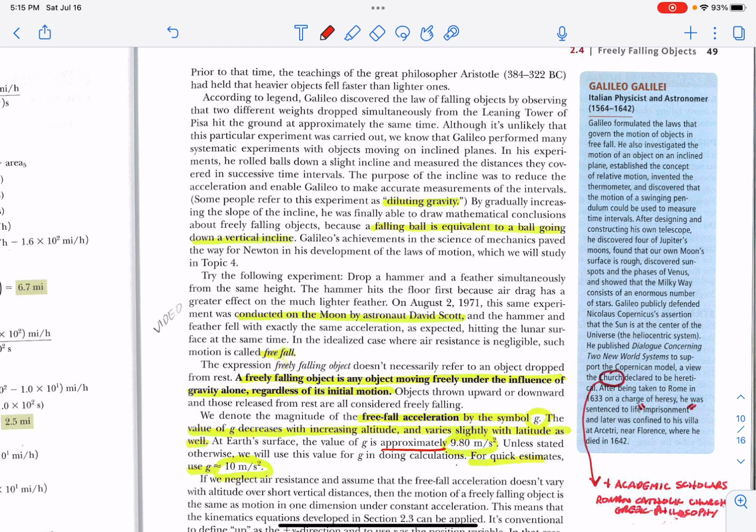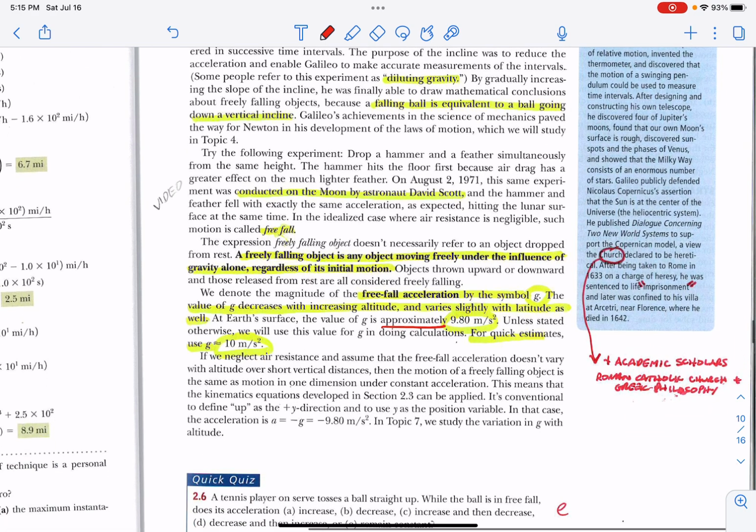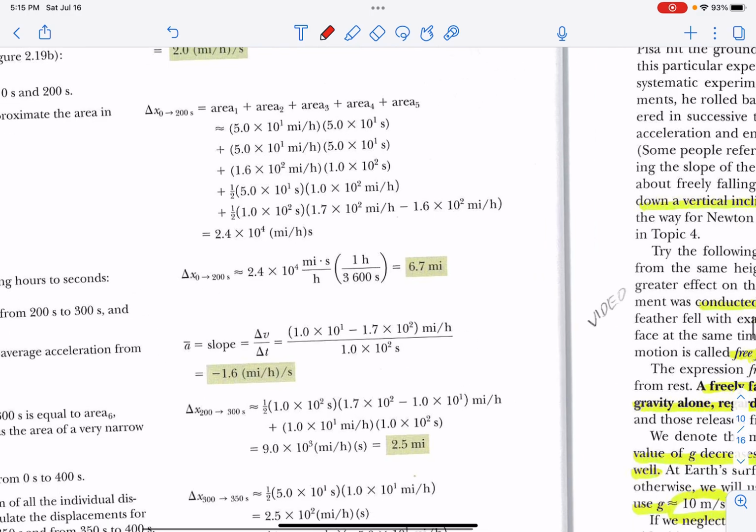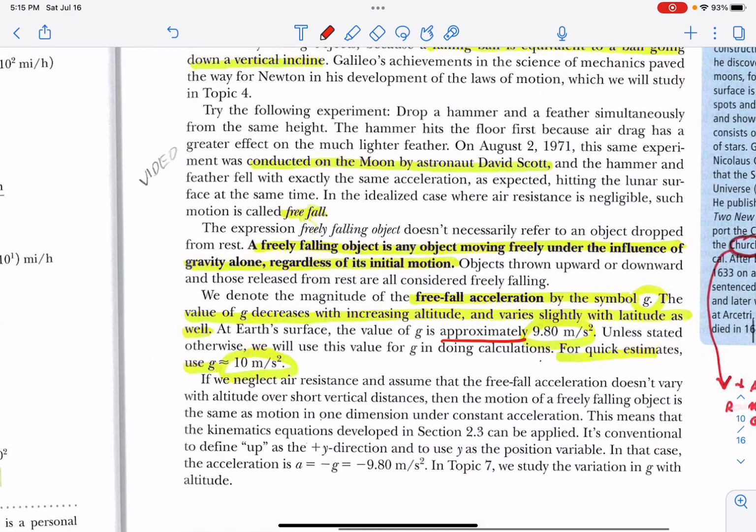At least near the surface of the Earth, the acceleration due to gravity is constant. When we talk about gravity, we typically round it off to 10 meters per second squared, which maybe you did in freshman physics all the time. Though in AP physics, we're going to pretty much exclusively use 9.80 meters per second squared, 3 sig digs, unless